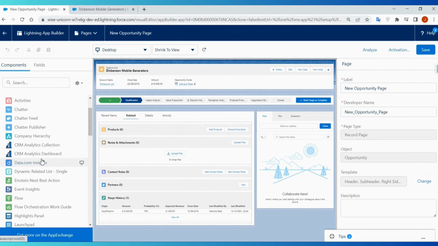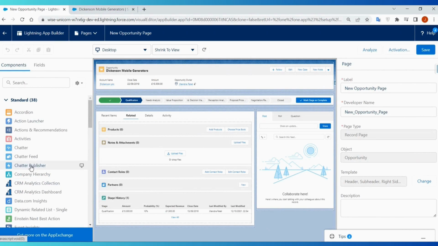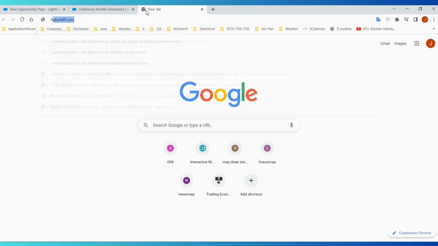If you want to find out more information about each component, Trailhead or help pages are available for that. For example, accordion, if I go to the help pages,